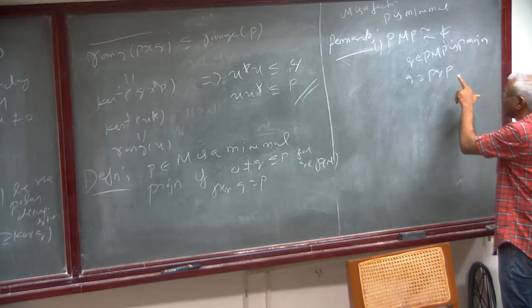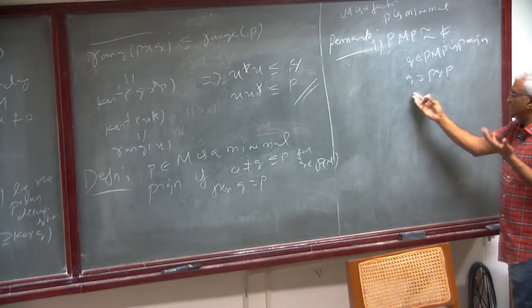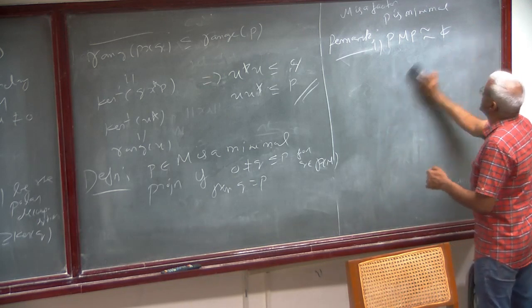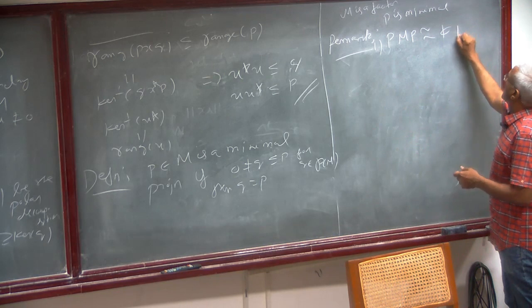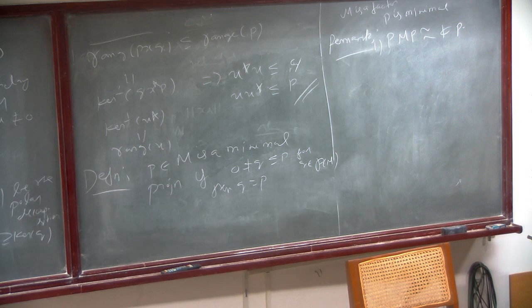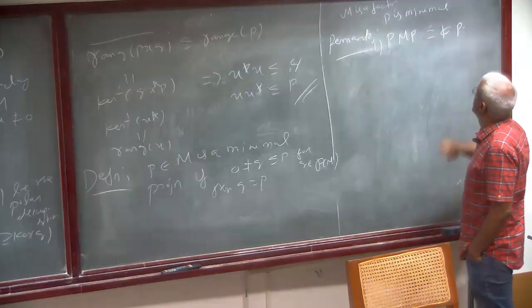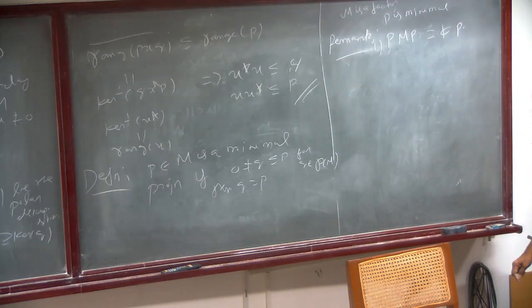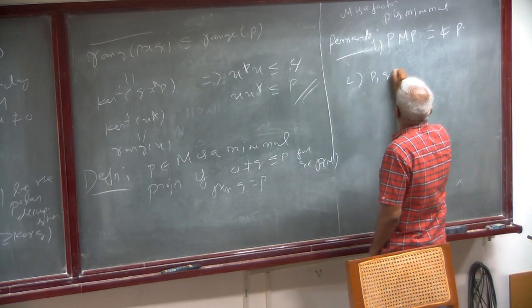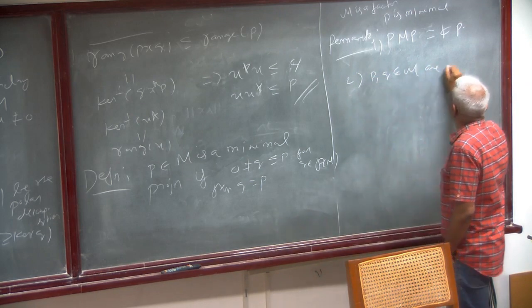So this is a projection contained in P, which then has to be equal to P. So that's all. So this is just C times P. PMP is isomorphic to C times P. Second thing is, if P, Q in M are two minimal projections,